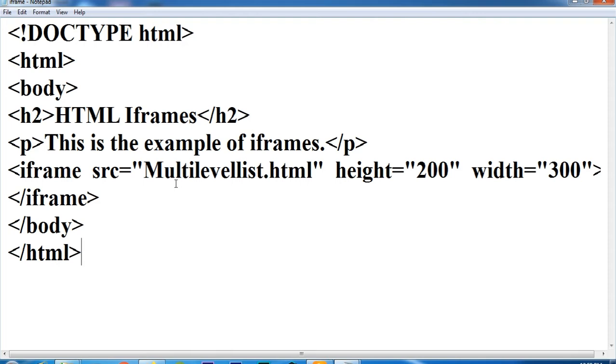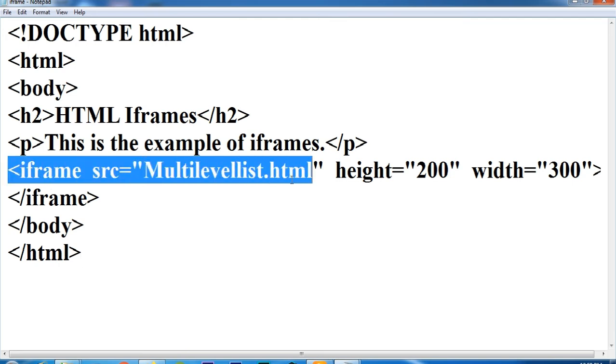You first have to know what an inline frame is. Suppose this is the frame you are watching, the main frame, and in this frame you want to divide the screen and open a new program in the same screen. So what iframe does is that it adds another frame in the web page, and you can open another website in that frame. We will see how it works by running this program.